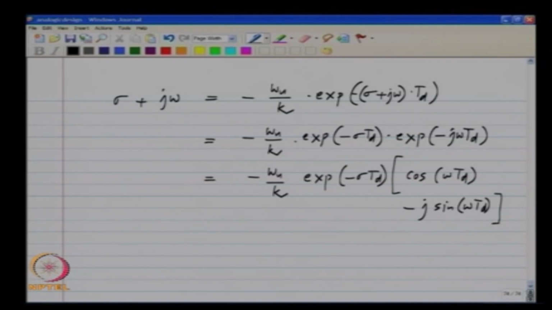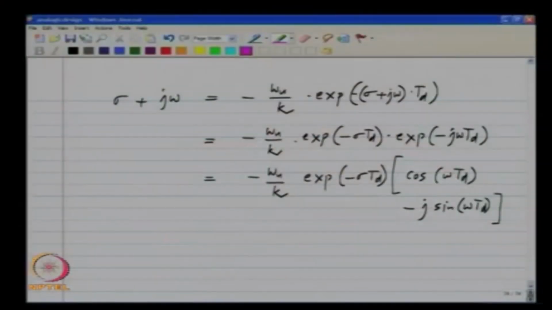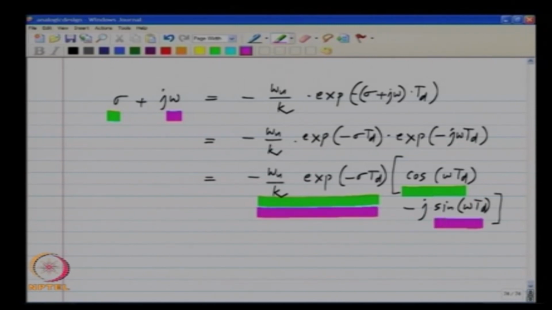Okay. Now, we have two variables sigma and omega, and we need two equations to solve them. If you look at this equation, we have the real part and the imaginary part on the right and left hand sides, and we equate the two to get the two equations. So, this is the real part and this has to be equal to this times cos, and this is the imaginary part and that has to be equal to this times sine. Okay. So, the two equations are